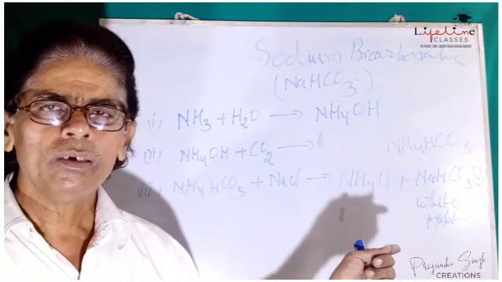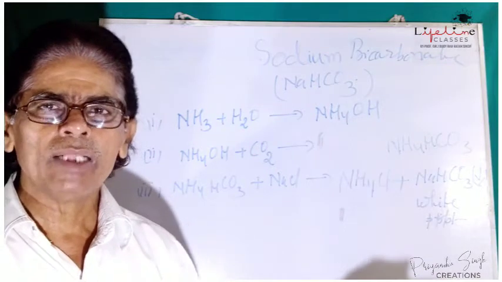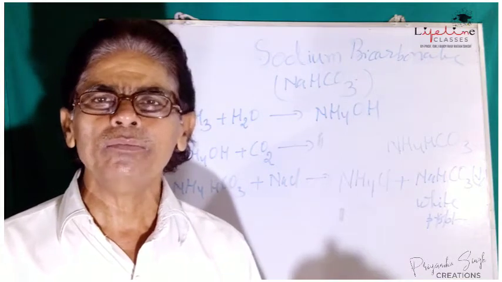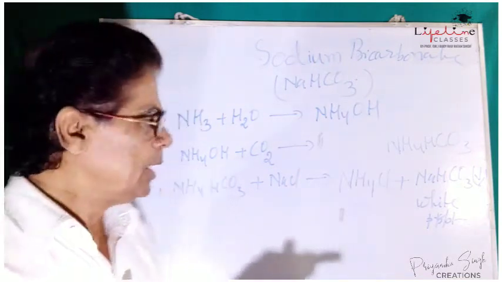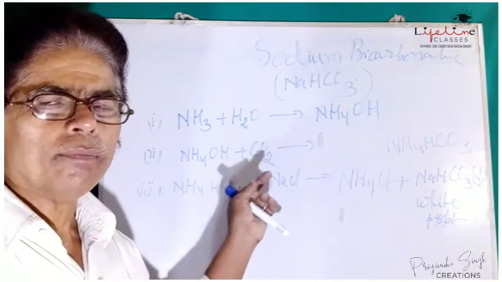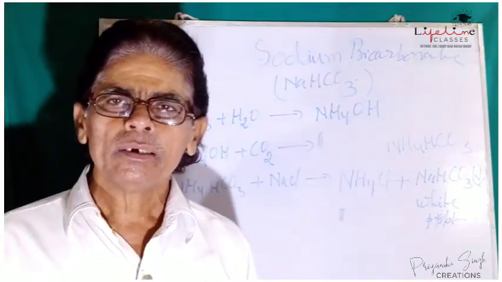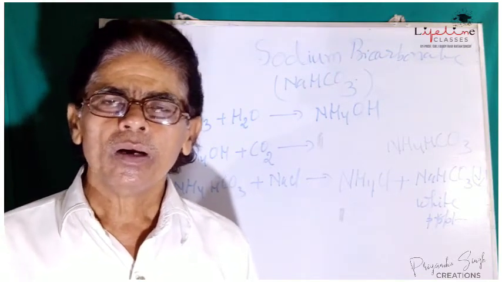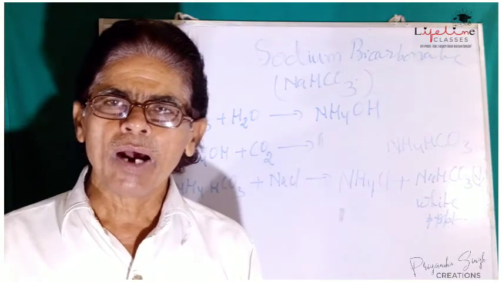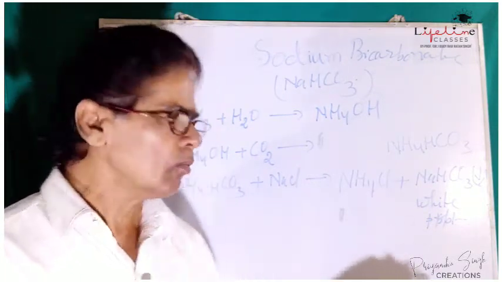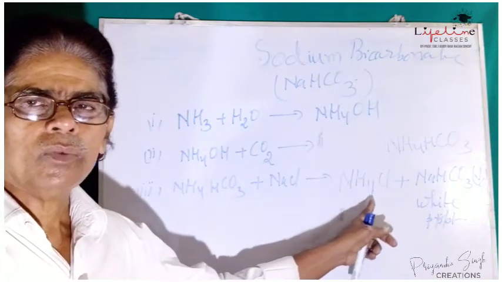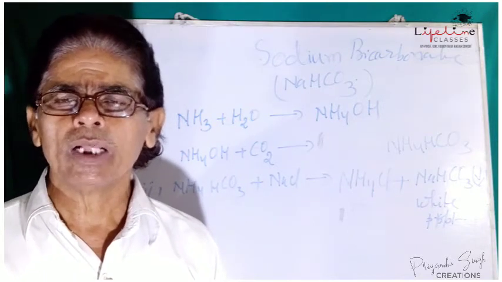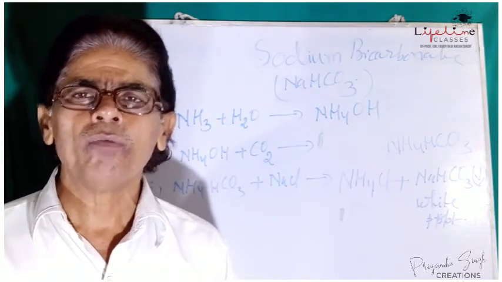So carbon dioxide is obtained by the thermal decomposition of calcium carbonate present in the limestone. Now this carbon dioxide is used here, and calcium oxide can be changed into calcium hydroxide when treated with water. Now this calcium hydroxide, when treated with ammonium chloride obtained here, we get ammonia, we recover ammonia. This is also known as recovery of ammonia.